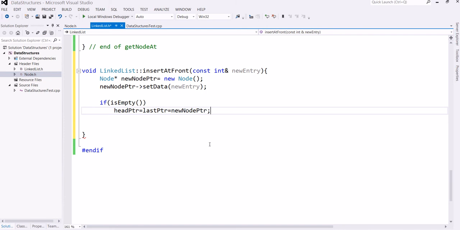So very simple, right? If the list is empty, then the new node will become the first and last node, and there will be just one node. And else